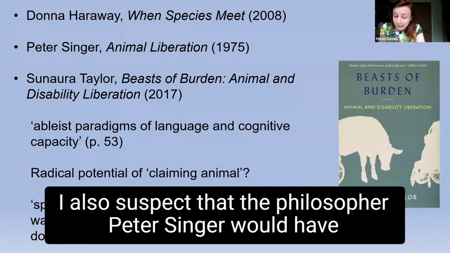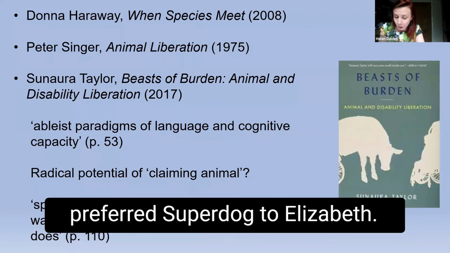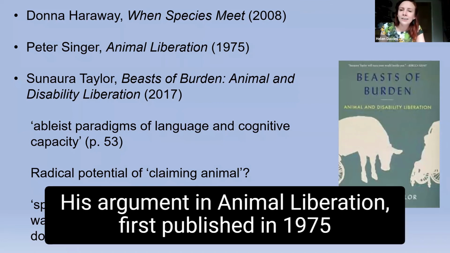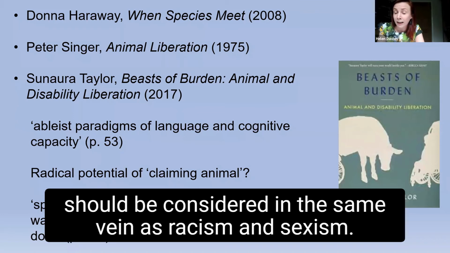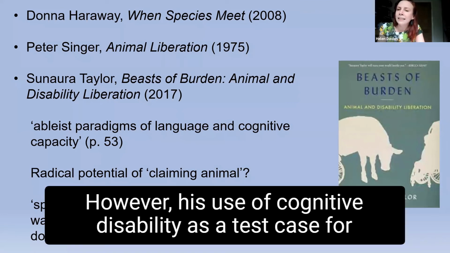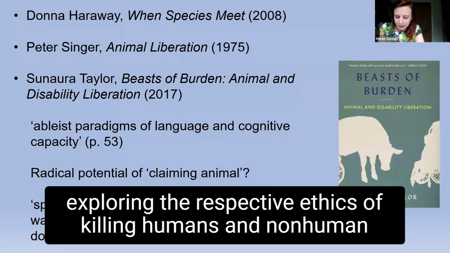I also suspect that the philosopher Peter Singer would have preferred Superdog to Elizabeth. His argument in Animal Liberation, first published in 1975, introduced this idea that the oppression of animals should be considered in the same vein as racism and sexism. However, his use of cognitive disability as a test case for exploring the respective ethics of killing humans and non-human